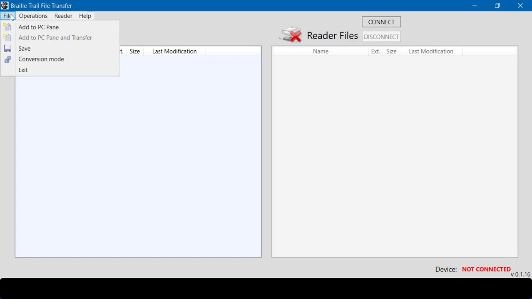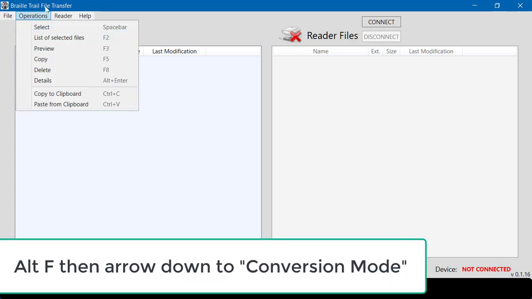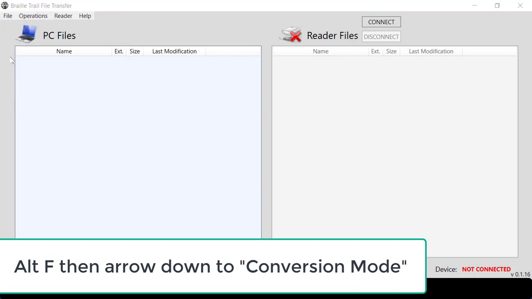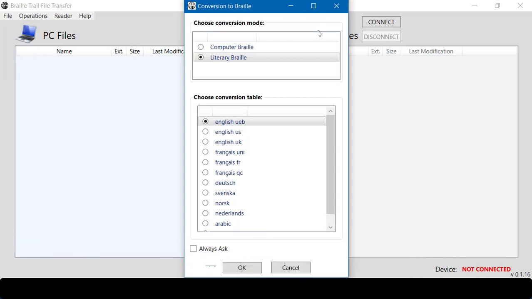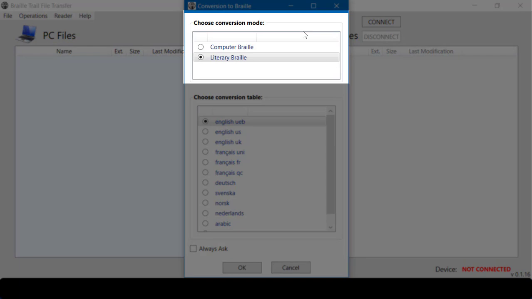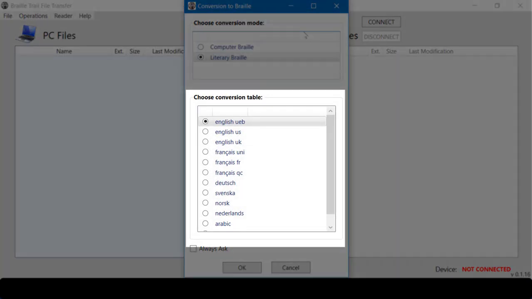And we can actually recreate that by pressing Alt F and arrowing down to conversion mode. There. So this is what the dialog box might look like when you first load this. It is going to have you choose between computer and literary braille on the top, and then in this bottom table it's going to ask you which